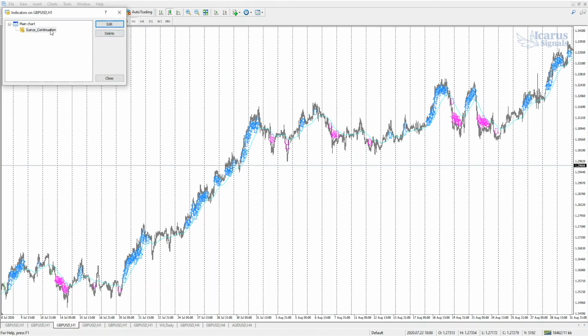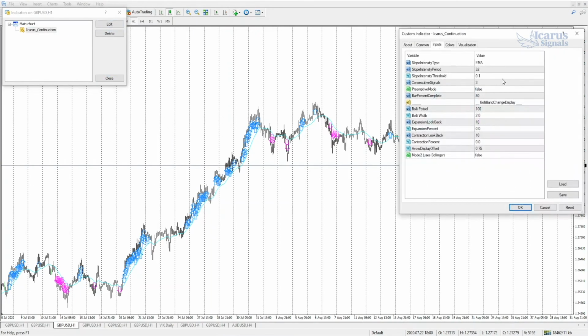A way for us to be able to address that is to look at the rate of expansion and contraction. Now, there's 3 different states of the Boliband Change Display. We have expansion, we have contraction, and then we have nothing. That means that there'll be a shaded area for each of those particular environments. And then we can build strategies around having expansion, having contraction, or having activity take place in expansion, contraction, or